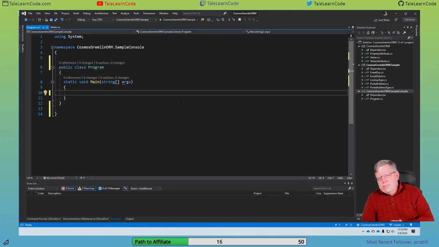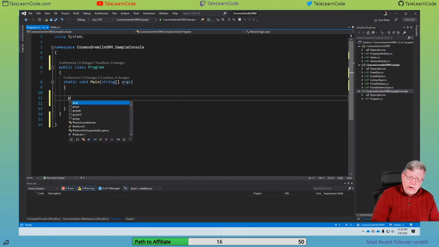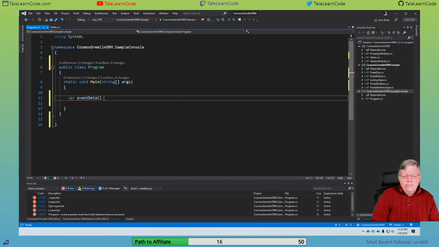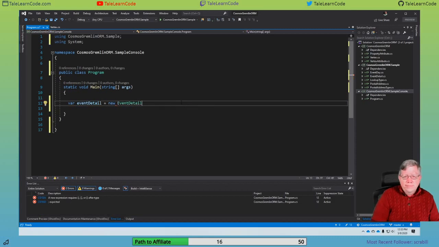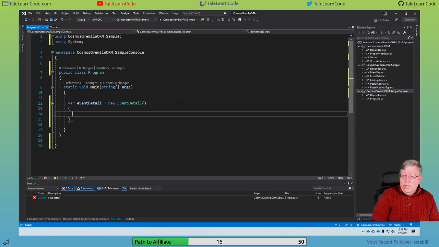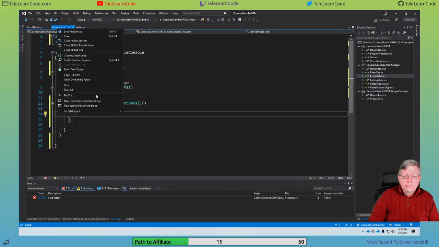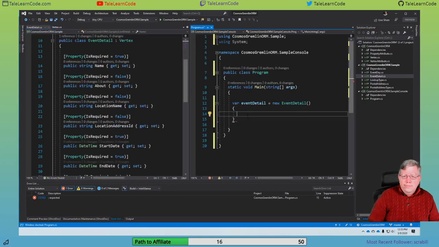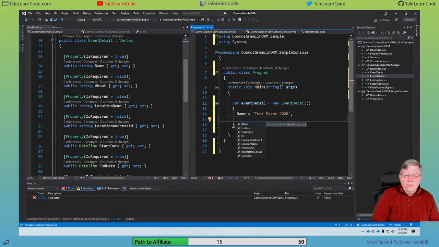All right, so what I want to do first is create a public event detail equals new event detail. And so name equals test event 2020. I'm only going to do the required stuff. Now we'll go ahead and put location name equals Louisville, Kentucky,